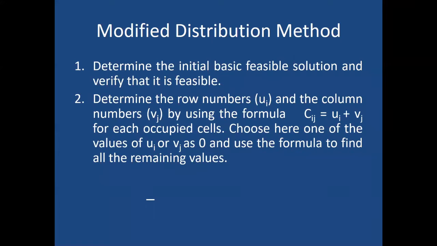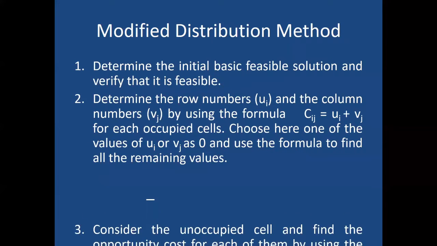To begin with, you have to initialize one of these variables, either Ui or Vj. Let us say U1, U2, or whatever variables you have. Select any one of them and assign it to 0. Clear? Now, it is recommended that you select a variable such that you have maximum number of allocations in that particular row or the column. Even if you do not do that, still you're going to get the values of the U's and the V's. But it is recommended that you select the row or the column having maximum number of allocations.